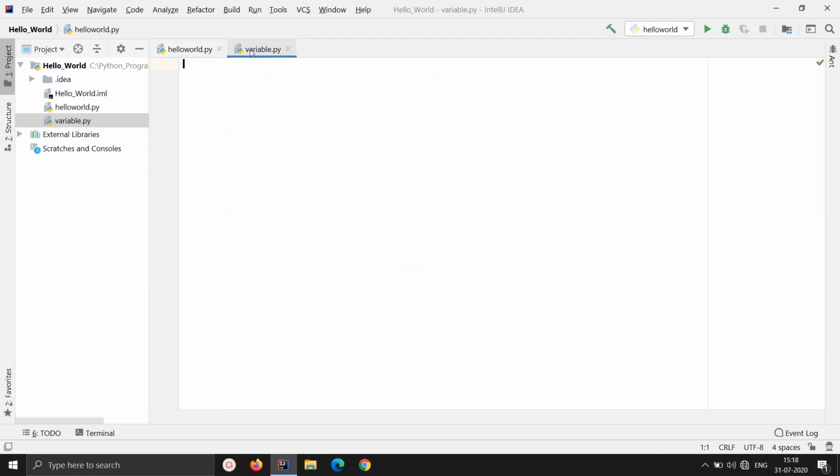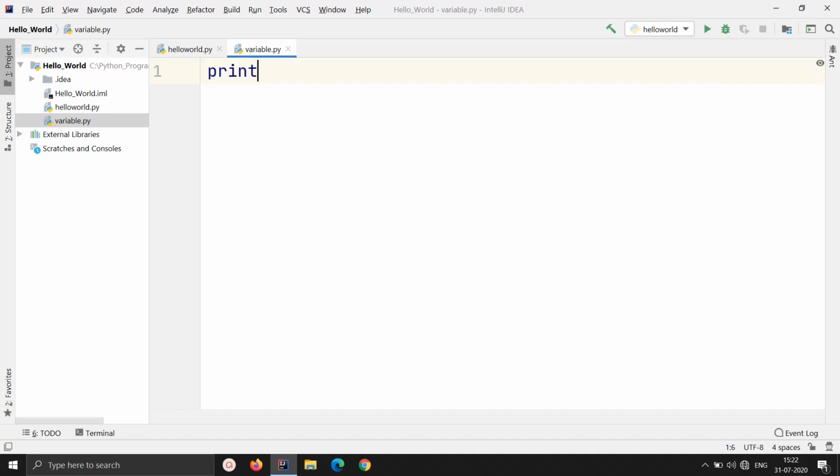Okay, now let us go into the variable concept. As we have seen how simple it is to use the print function in Python, actually using variables is even simpler. And the use of variables that we are going to see right now will actually give you nightmares if you are coming from the background of C language or Java language, because it is very simple to use variables in Python language. Okay, so let us go in the hands-on and see how we can use variables.